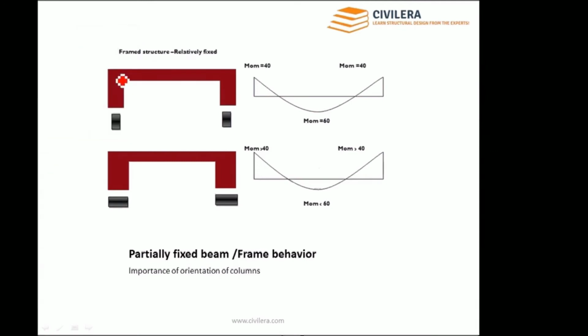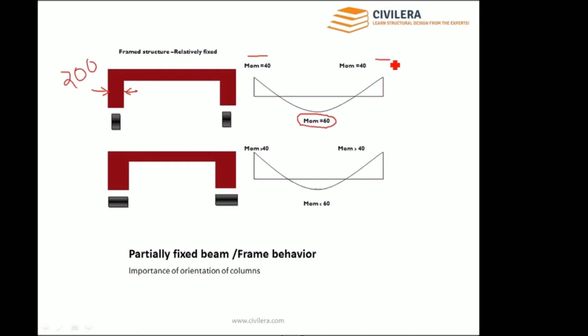See, in the first case, you have a frame and the columns are oriented in plan like this. So you have the width, say 230 or 200, whatever it is. Now see, this is the bending moment diagram. What you have is 40 here, 40 here, and 60 at the span. All I can say is that this moment will be less than WL square by 8, because here you are